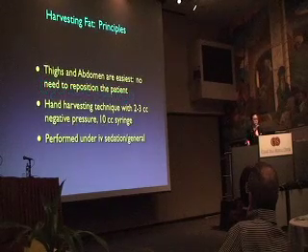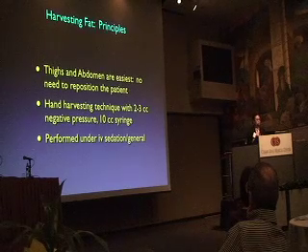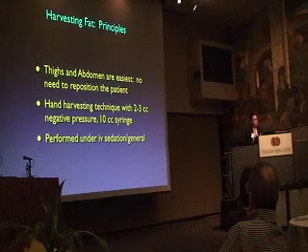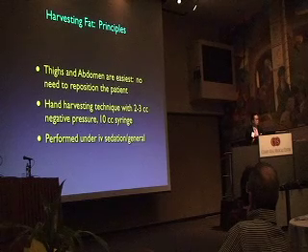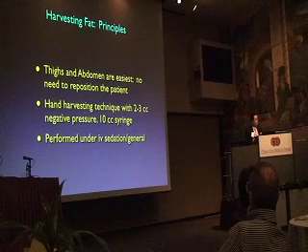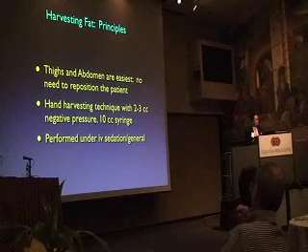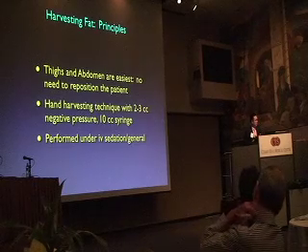Obviously, experience and conservatism are watchwords when we work with this. The easiest place for me to harvest is the inner and anterior thighs and lateral thighs when a patient is supine. I do my procedures under general anesthesia. It makes things much easier, not having to reposition the patient. And I just use a harvesting cannula where I'm using 2 to 3 cc's of negative pressure.